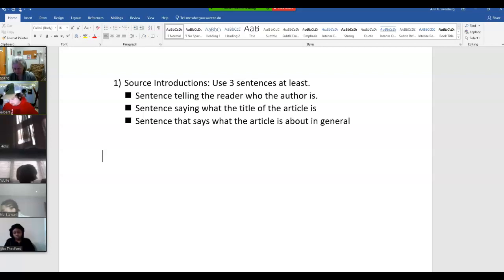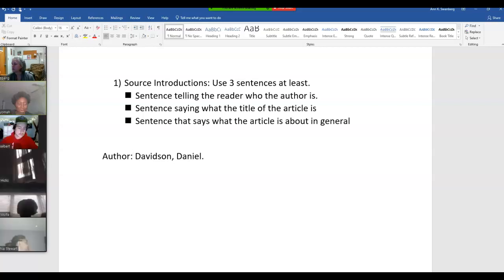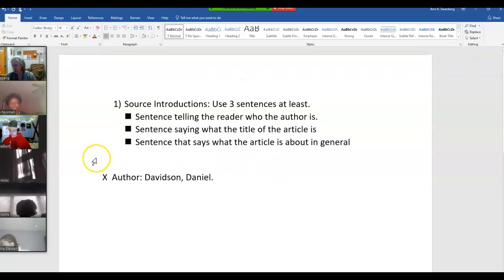I've seen a couple of people just name the author in a fragment. Or they write this. Is that a sentence? No. No, it is not. It's not a sentence. So we're going to put a big X beside that. That is not what we're looking for. Okay? What we are looking for, and I don't know what's a positive thing. I don't have a check mark here, but, all right. So, yes is going to be, yes with an S, is going to be